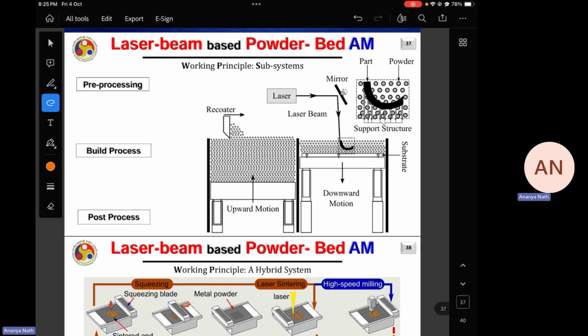You have to take safety precautions, because if you are working with metal or ceramic, these are carcinogenic. So that's why you have to wear safety gear. Then you have to clean the powder, then you have to cut the sample from the build plate. Sometimes we go for heat treatment and then cut it, but if your parts are small, you can directly cut it with a bandsaw, hacksaw, or wire cut EDM process. It depends on how big your part is, how intricate your part is. And if your part is very big, it's recommended to go for heat treatment first and then cut the part.